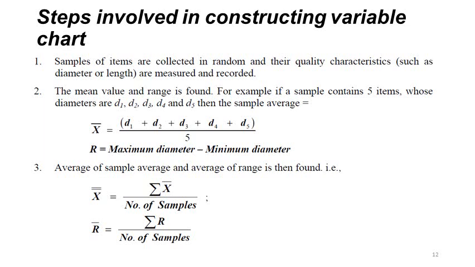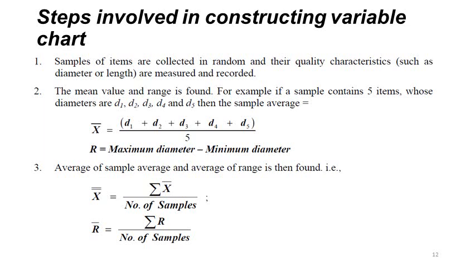Consider while you are measuring 5 samples, D1 is equal to 15, D2 equal to 15.2, D3 equal to 14.8, D4 equal to 15.5 and D5 equal to 14.5. So the maximum will be 15.5 and the minimum will be 14.5. So 15.5 minus 14.5, 1, is equal to the range. Like that we will measure the range.